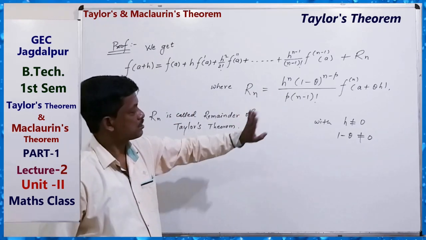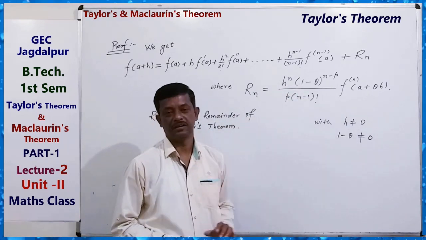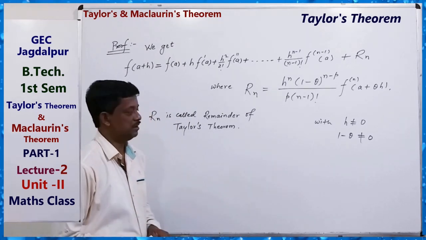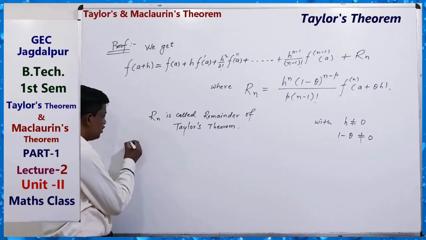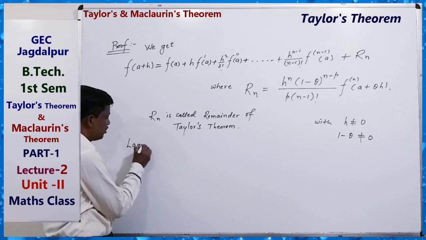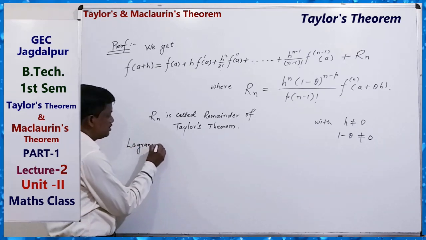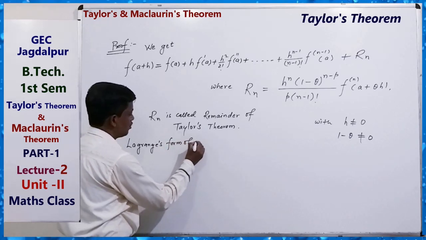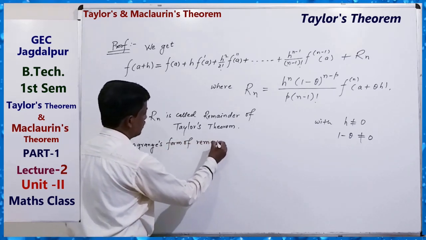This is called Schlömilch and Roche's remainder. We will always use Lagrange's remainder. So Lagrange's form of remainder